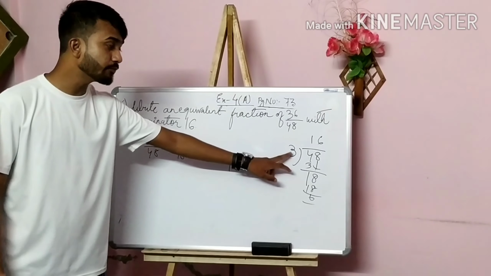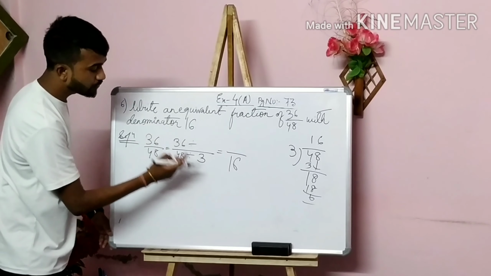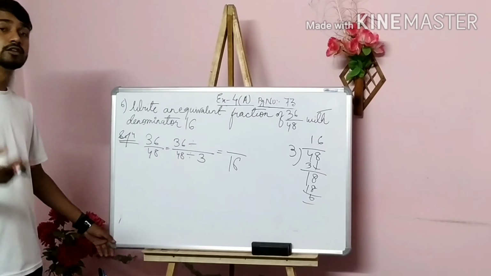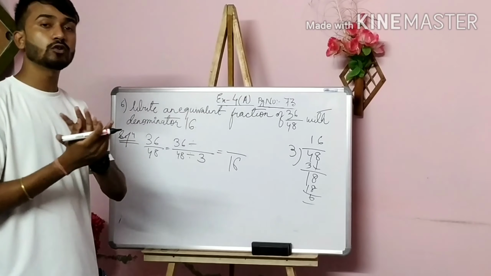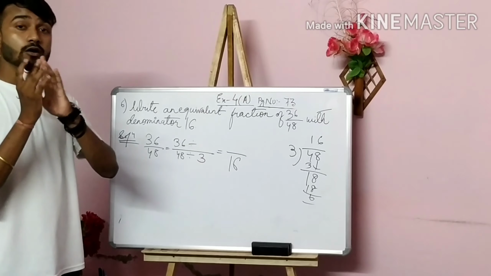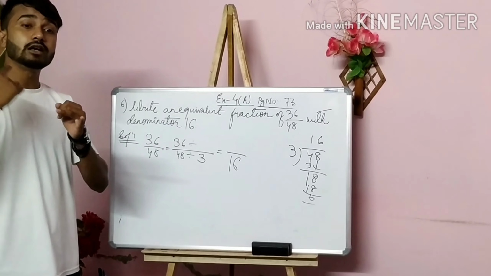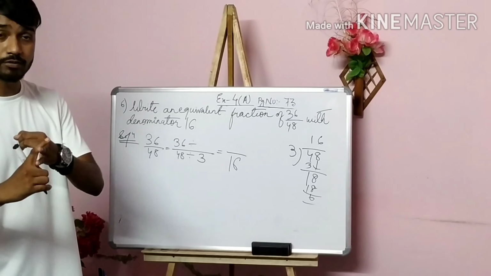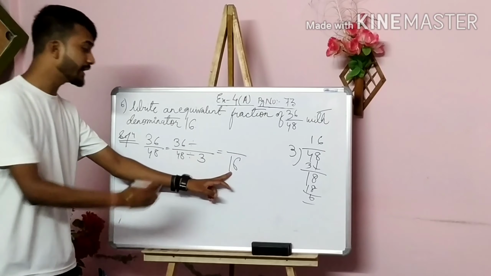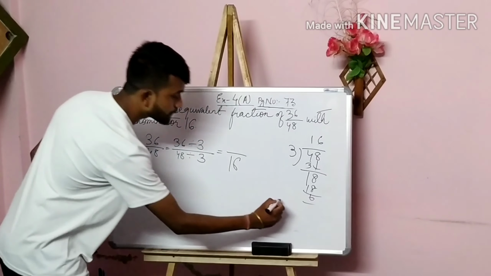That means by which number do we have to divide? 3. So I have written 3, because whenever you divide 48 by 3, you will get 16 as an answer. And you can recall the specific rule of getting an equivalent fraction. What was the specific rule? That if we are dividing, we will divide with the same number. If we are multiplying, we will multiply with the same number. So you see 3 is here. In 3, if I have divided, I have got 16. Again, I have to divide with 3 only. Got it? So just divide it.